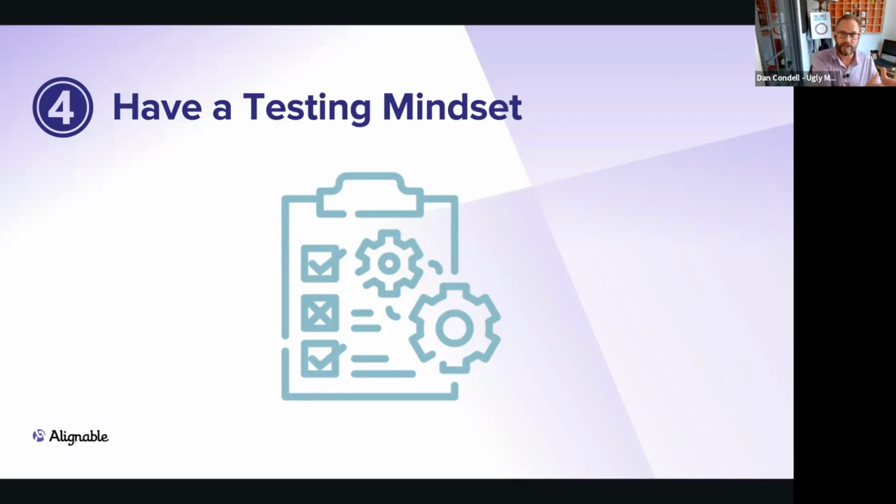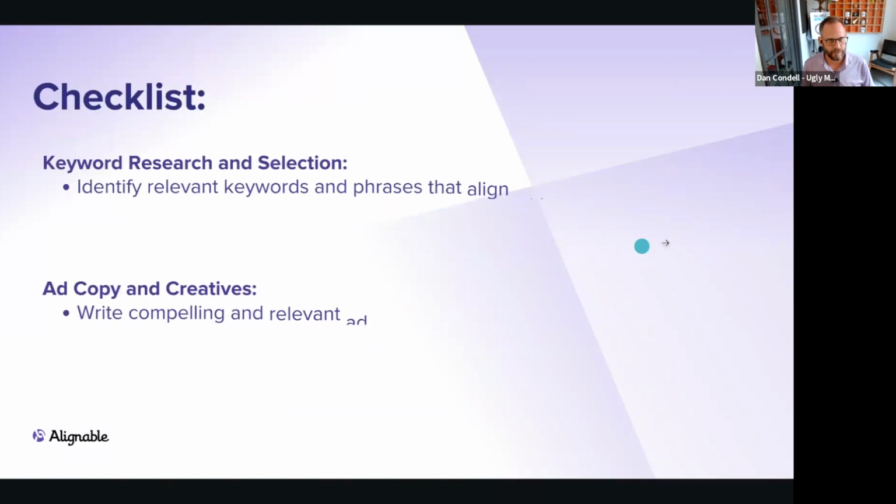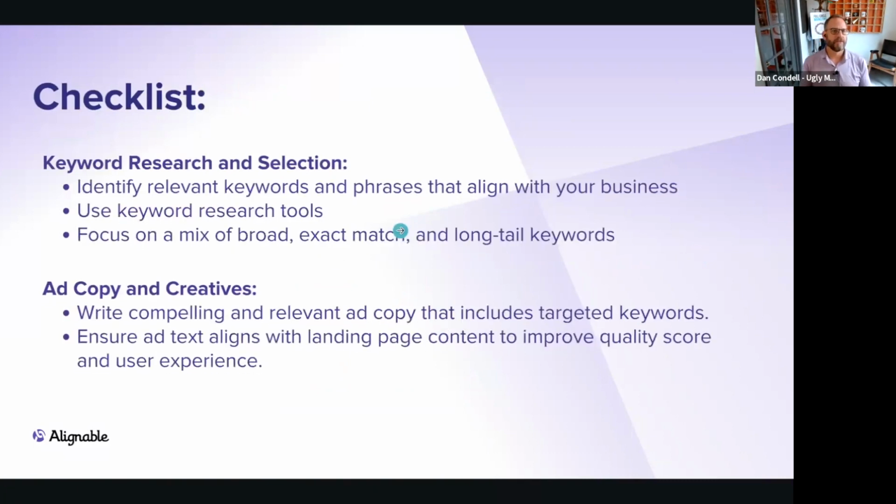Now, that being said, even at the professional level, there's a certain level of testing that we'll do and say, okay, this is what we think is going to work really well. It's not working. We're going to pivot. It goes back to making sure that we're paying attention to what we're doing. So have a testing mindset, knowing that I'm not just going to put it in there and it's going to work. I'm going to test a couple of things. Very, very important.